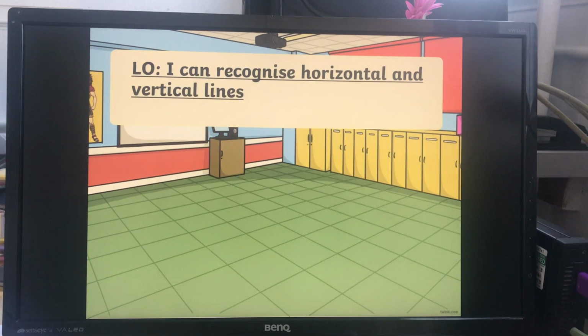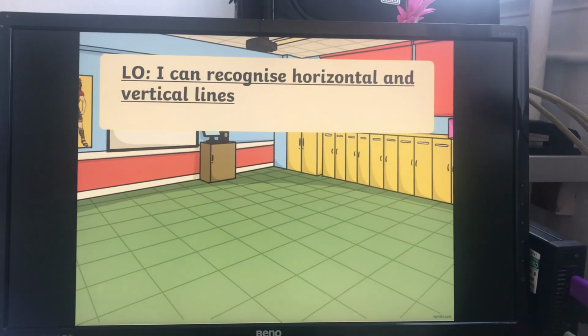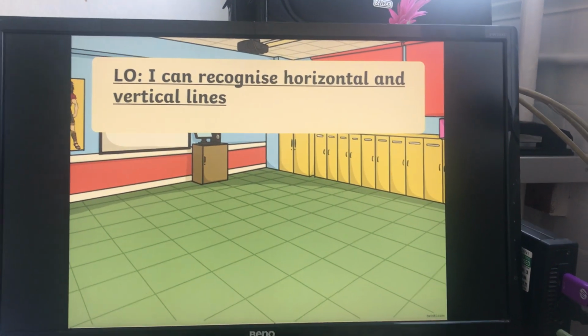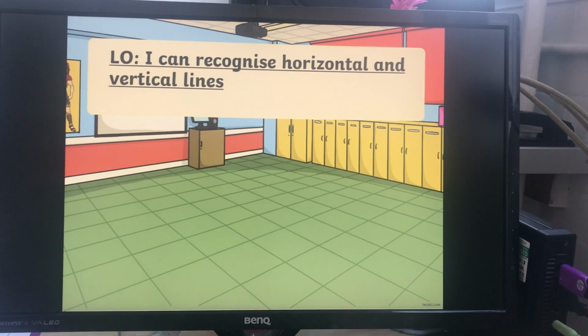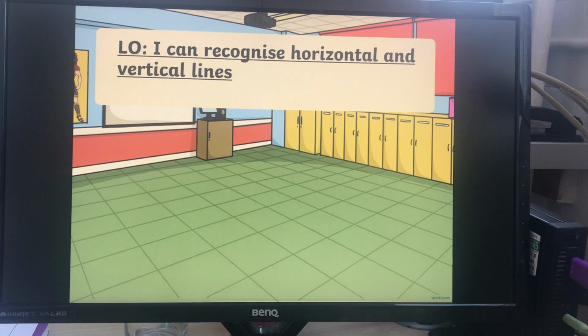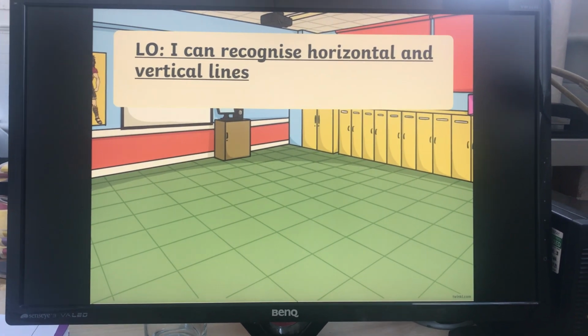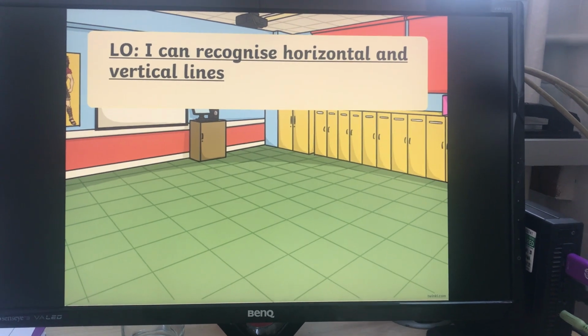Year 3, welcome to Thursday's maths video for this week. We've spent Monday, Tuesday and Wednesday looking at turns and angles in shapes and other pictures such as letters. And for the next couple of days we're going to be looking at lines in shapes and in other sorts